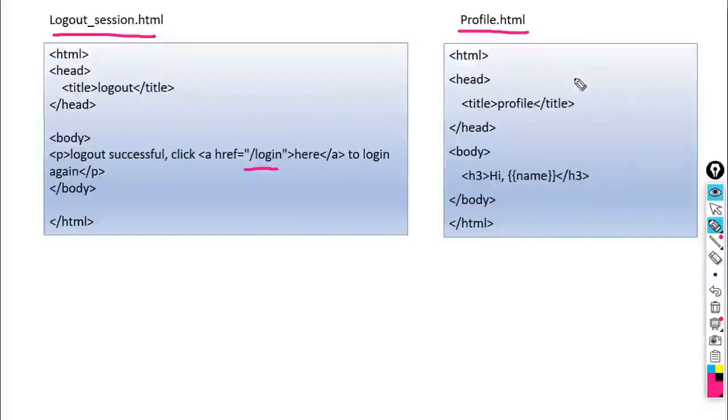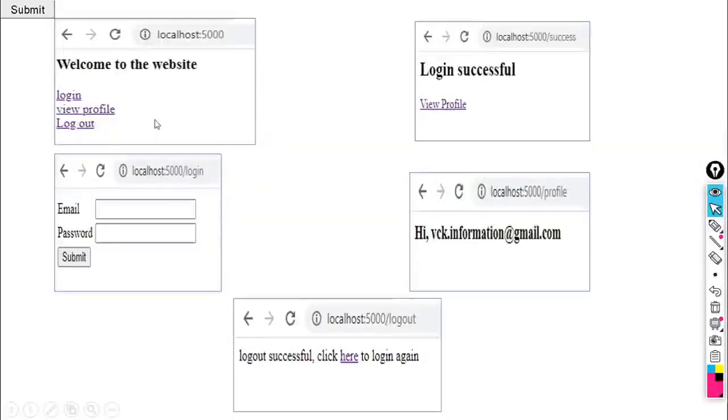This HTML script we have already used in cookies. The same HTML script is there to provide your profile. It will give you your login name and some text. The text is given as "hi", and the variable contents are stored in the variable name, so it provides your email ID. Then this is the output. If you execute the home URL, then you will get output like this.